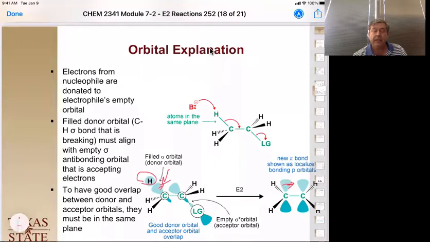Well, as the leading group leaves, right here, the other lobe of that p orbital, as it's breaking, becomes the new p orbital. Notice they're tilted about the same direction. That allows them to get fully perpendicular when it converts completely to trigonal planar, and they're overlapping perfectly to give us our double bond. Okay. Remember, we have to have perfect alignment of both halves of the p orbital to get a really good double bond, pi bond,